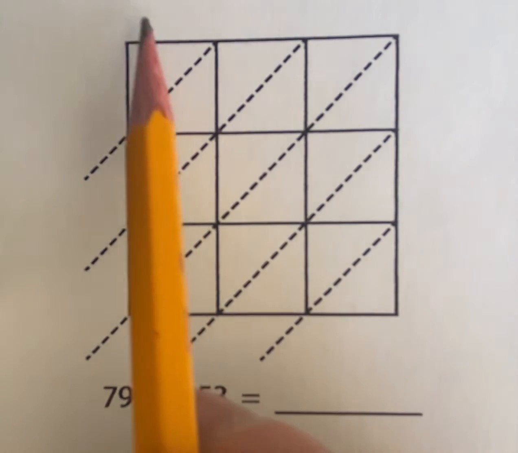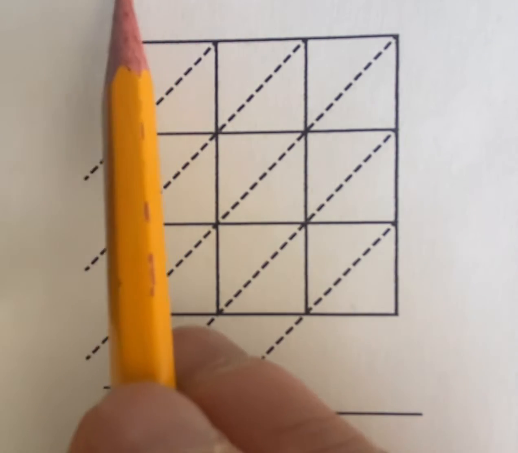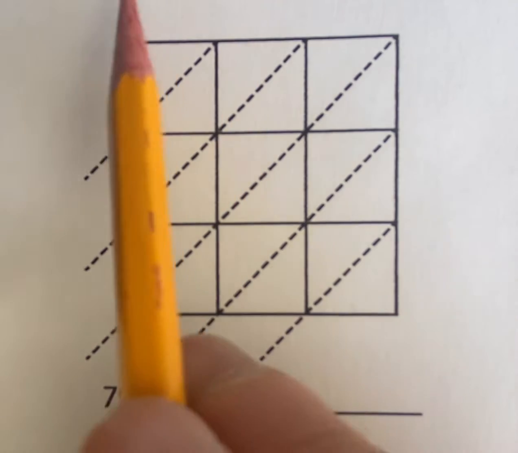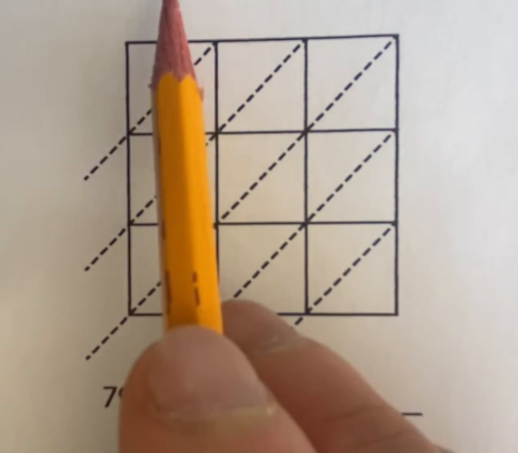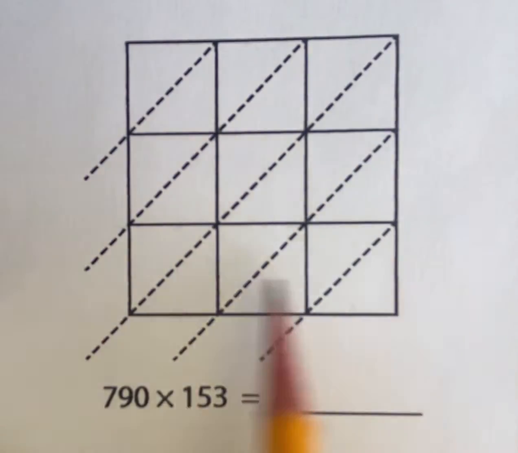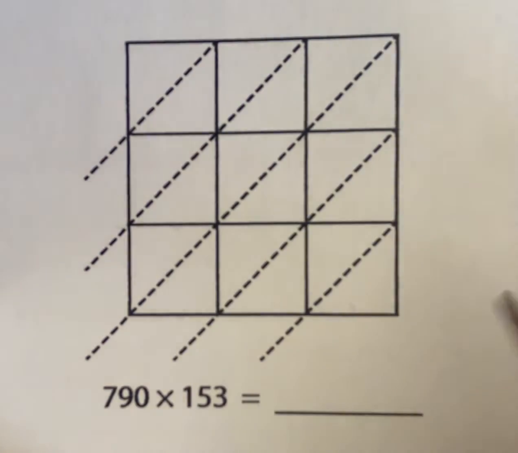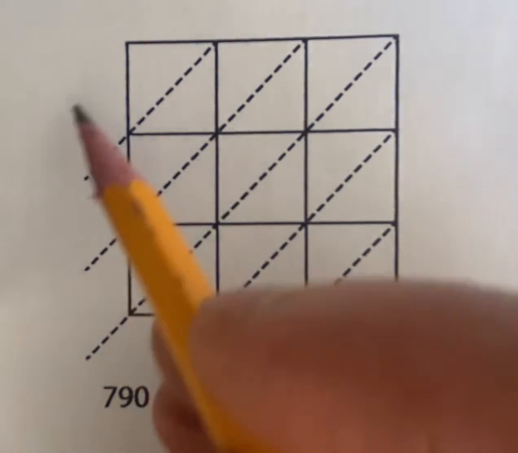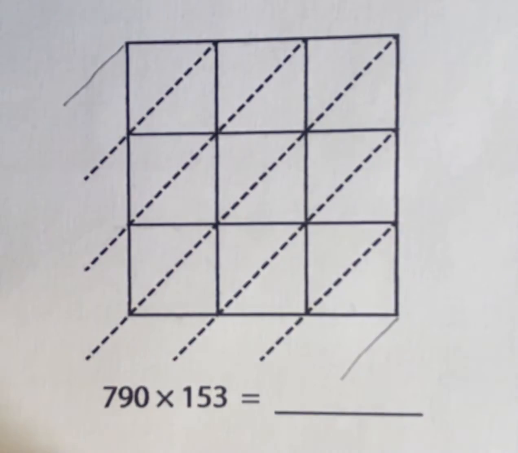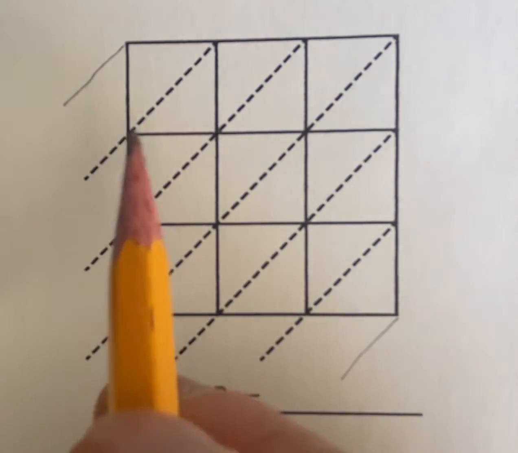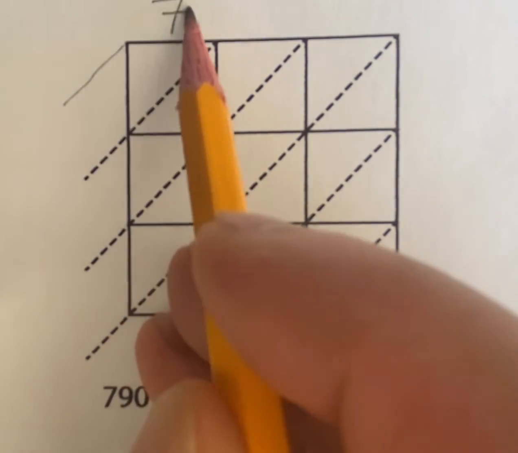Let's keep going. 790 times 153. Three-digit number by three-digit number. So the grid is a 3 by 3 right here with diagonal lines. Sometimes I even like to put a diagonal line here and here at the end, representing different chutes. Okay, let's start. 790, we write it on the top,